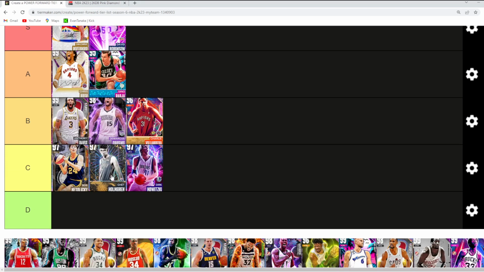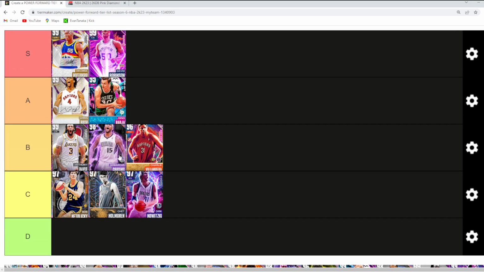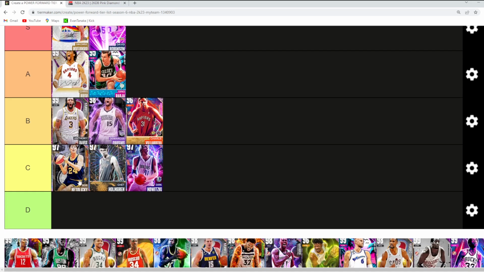Dark Matter D-Rob, I think you probably got to go S tier. Now, there's just so many good power forwards in the game that I'm probably going to have more than 5 cards in S. That's the way that I usually do my tier list, is I like to have 5 cards in that position in the S tier category. But with how many good power forwards there are, I think there's probably going to be a little bit more,